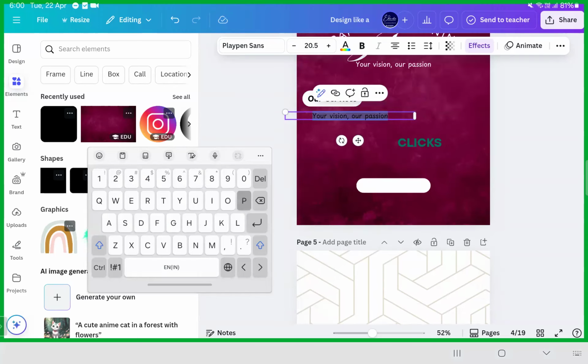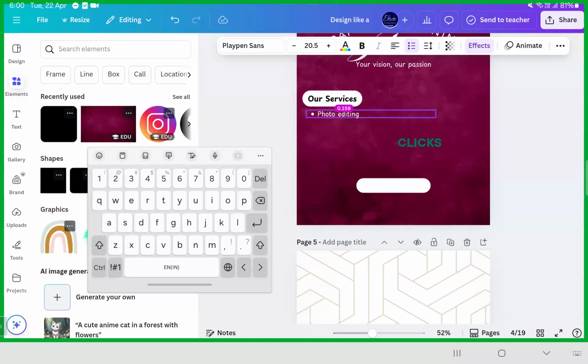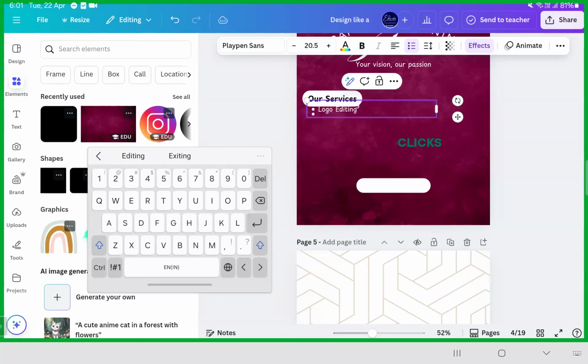Okay, the very first service that you can go ahead with is photo editing service, right? Yes, mashallah. Photo editing service. You can use the bullets here. Please make sure you're using the bullets, okay? And make sure you're left aligning it and placing it perfectly here. Photo editing service, excellent. Come on, type whatever services you're going to give, inshallah. Okay? Logo editing. Okay, then social media graphics, right? Social media graphics.